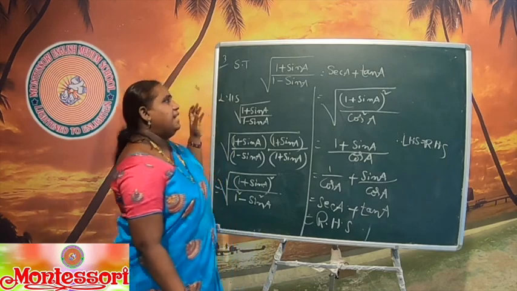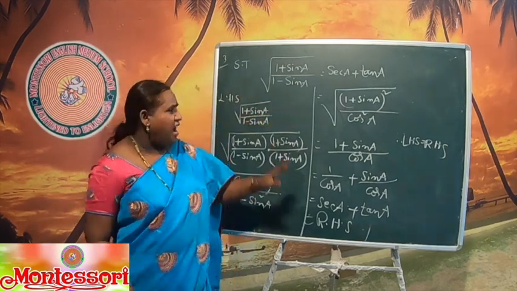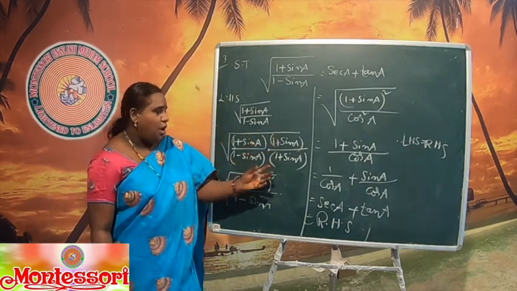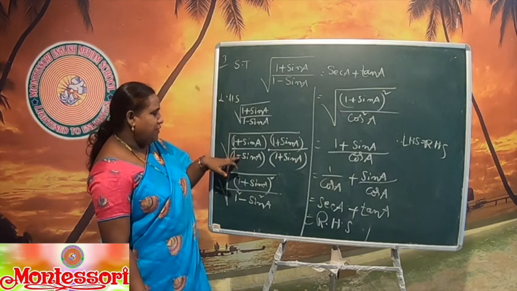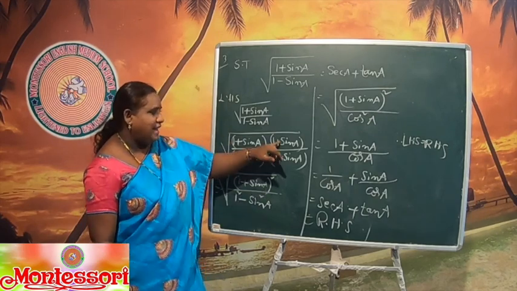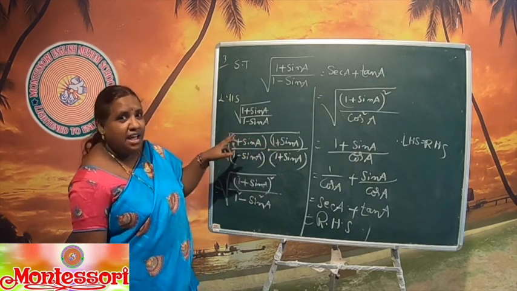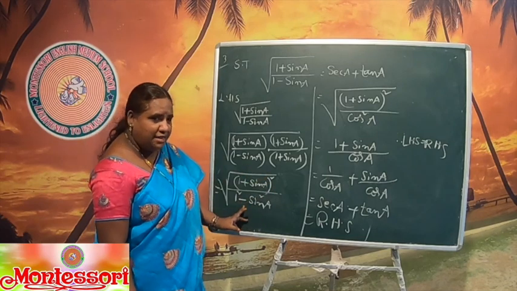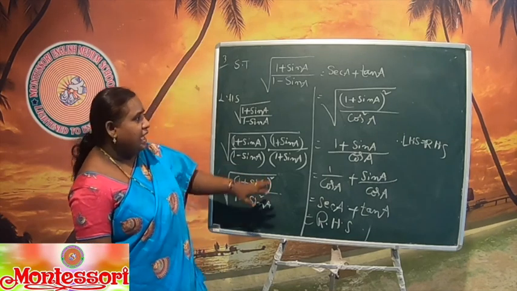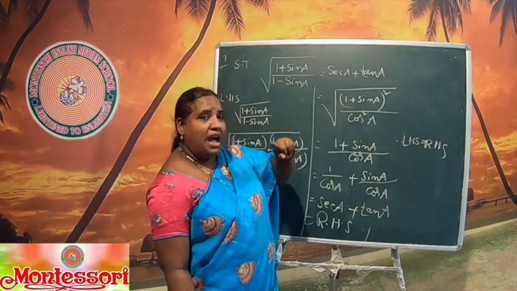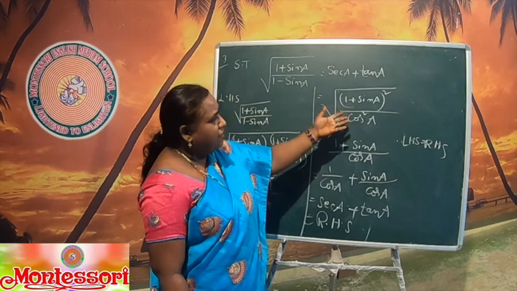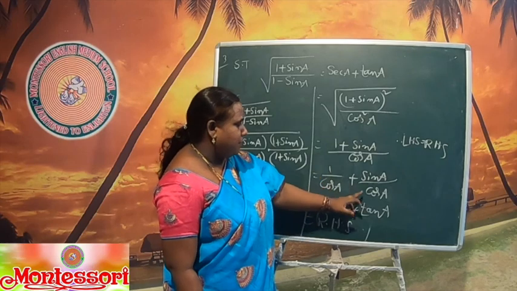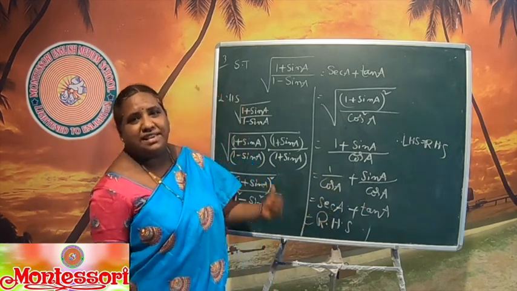They ask to show that this value is equal to secant A plus tan A. Here is all you just have to remember. To remove the square, it is better to bring it to whole square form. Further, I multiplied with the opposite of this, that is 1 plus sin A, in both numerator and denominator, so that the fraction doesn't alter. Now after this, we get the whole square. This is A plus B into A minus B, A square minus B square. Here I used the identity, after which this is cos square A. We all know that square and root get cancelled. Or one more step we can write here separately: 1 plus sin A by cos A. Now split this cos A for both numerator terms. Then this is the answer. So this is the second sum.